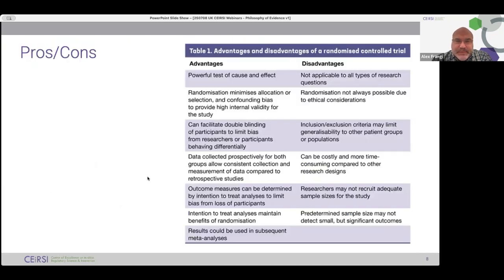And that's what, again, without going through this table, in this last slide I'm showing a number of advantages and disadvantages of these techniques that we need to bear in mind. One disadvantage I want to comment on is that it's not possible to do a randomized controlled trial for every type of research question. There are situations where it's simply not possible, not practical, or not ethical. That means there are sometimes voids, gaps in the evidence, that we will need to think about other ways to fill in.